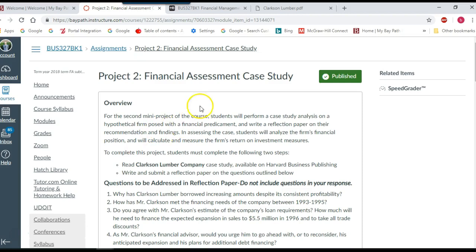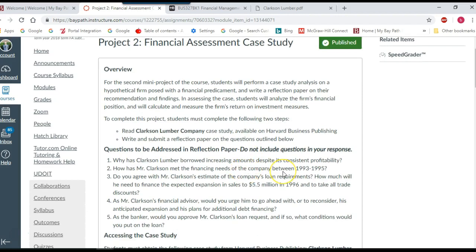And the Financial Assessment Case Study is basically a nice case study on a small business, a small company, that is having some cash flow issues and working capital issues. As you've learned, working capital is basically the current assets minus current liabilities, which is called net working capital. And it's kind of the source of all cash flows for companies, how well a company can manage its receivables,